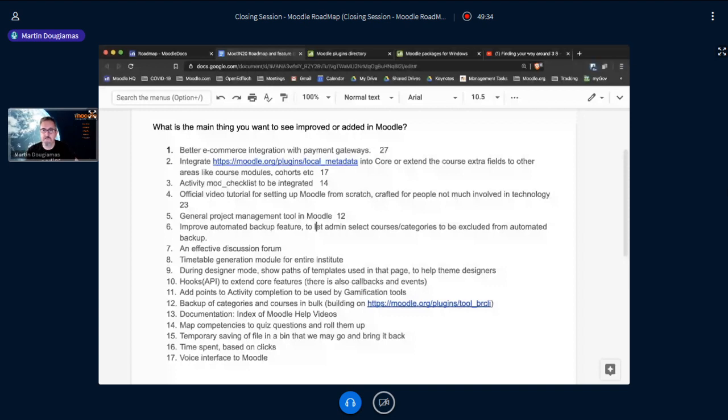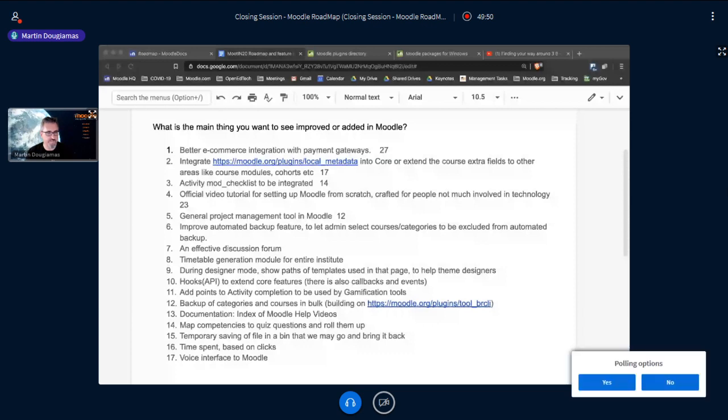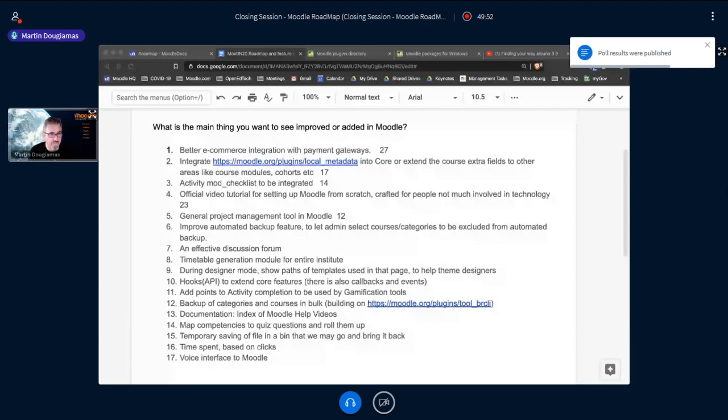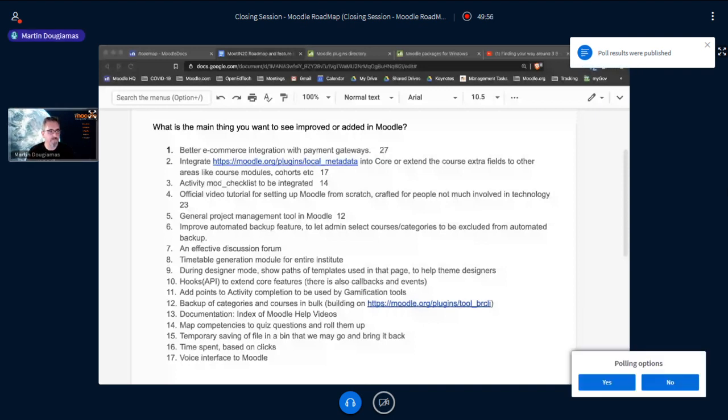Okay, improve the automated backup feature. We already have automated backups, but we want to exclude certain courses or categories from backup because they're too big or whatever it is. So let's vote on that starting now. Oh, hang on. I think that didn't go out. Here it is.